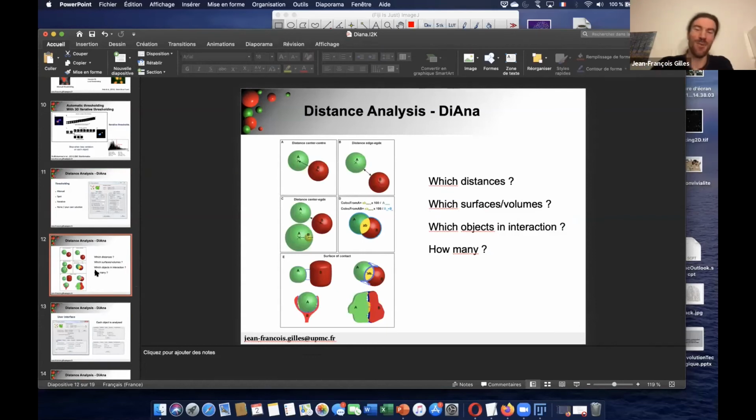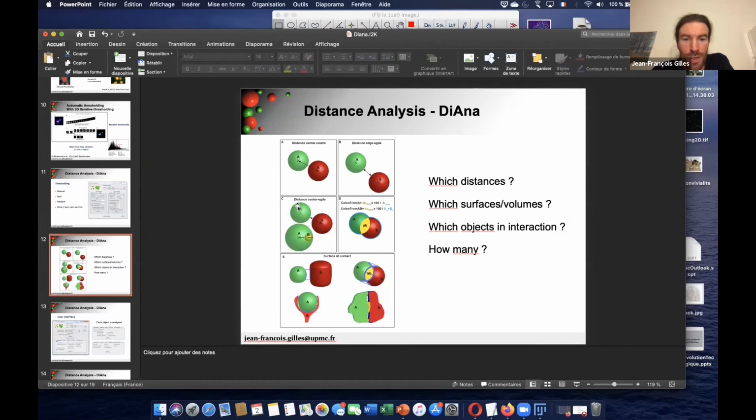So let's go back to the analysis. Just the distance. I won't take long on this because Thomas spoke about this before. So center to center, border to border, border to center.